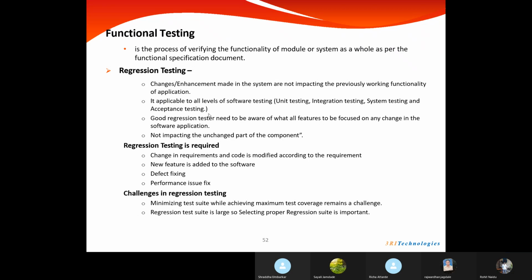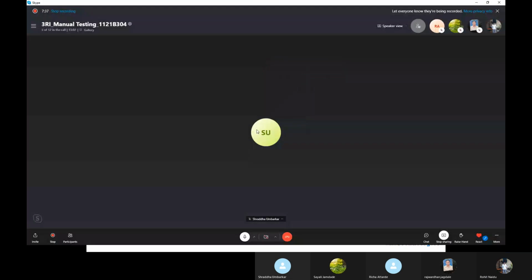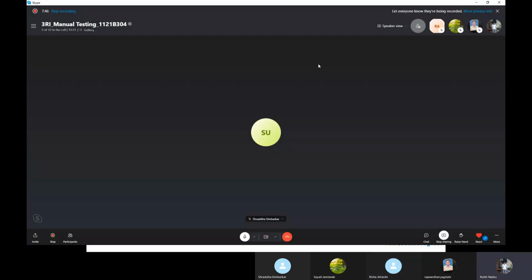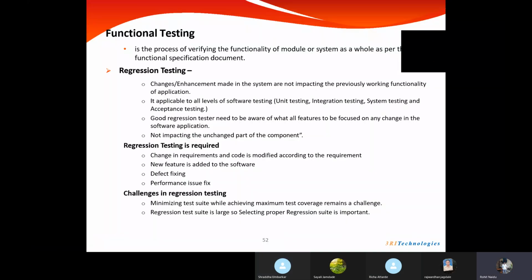Okay. Before we go through the slide, does anyone have any questions regarding what's happening with regression testing or why regression testing is needed? I have explained the real-time scenario and understanding of regression testing. Before we get into the slide, let me know. We will take a pause here, discuss, and then proceed to the slide. Any questions, Shraddha, Richa? No, sir. Okay, fine.